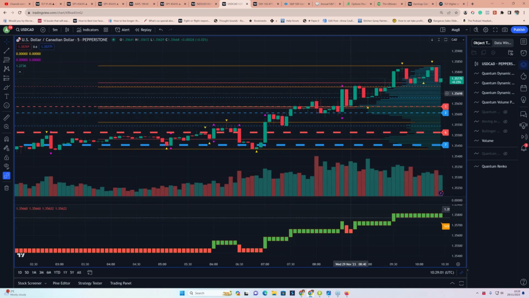Then we have another little pullback. We have quite a lot of volume under that candle, but it wasn't enough to push it back. And the Renko can then give you the confidence to stay in. I don't have the trend monitor on here. The trend monitor works really, really well with the Renko chart, certainly on MT4, and you will find that will stay blue as well. So again, it's all about the confidence to stay in the move.